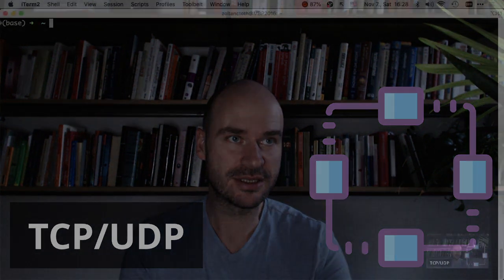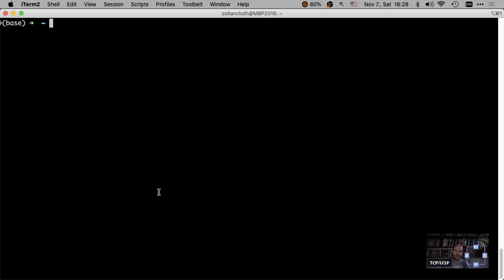Okay, so that's about TCP and UDP. And let me just show you a very quick example of the router system. So now you see my terminal. If you use a Linux or Mac-based system, you can easily recreate what I'm doing. But as discussed in the class, there are also ways to do that in Windows. And also, you are going to have access to cloud computers, which are Linux-based, so you will be able to recreate this. So for example, if I want to check how I'm getting from my home to CEU, I can